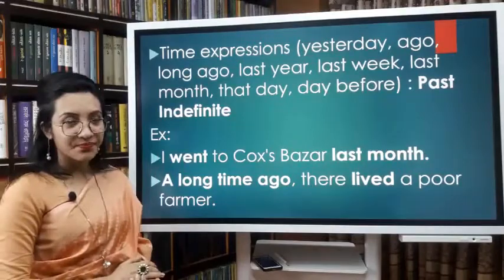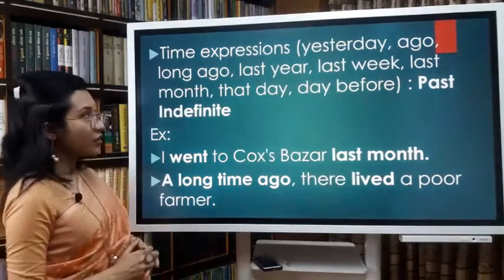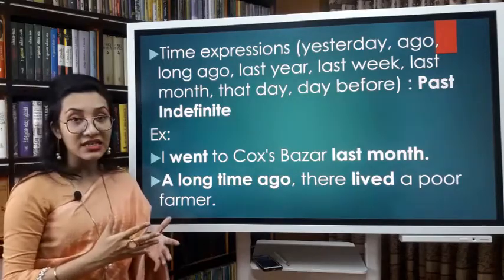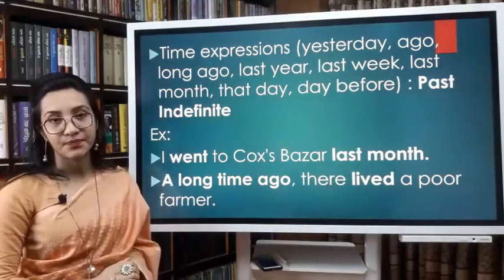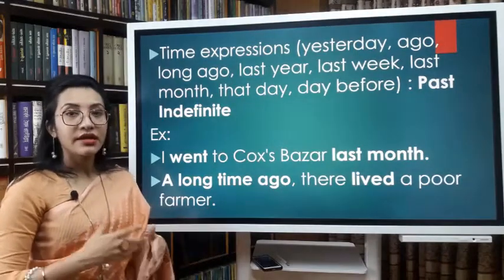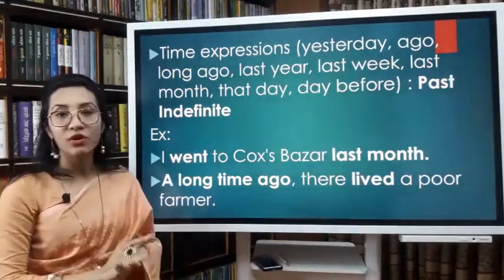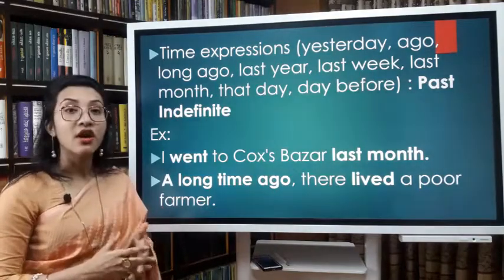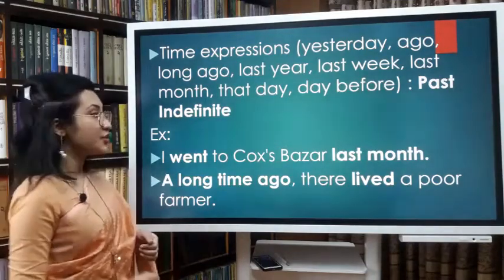Moving on to the next rule. Time expressions such as yesterday, ago, long ago, last year, last week, last month, that day, day before, always follow past indefinite tense. Why are we using past indefinite tense in these cases? Yesterday, গতকাল, গত সপ্তাহ, গত মাসে, আগে, পূর্বে যদি আমি কোনো কাজ বলি, আমরা জানি আমরা যে টেন্সটি ইউজ করি সেটি হচ্ছে past indefinite. That means when an action took place before now in the past, we always use past